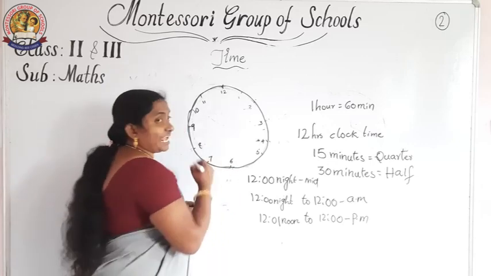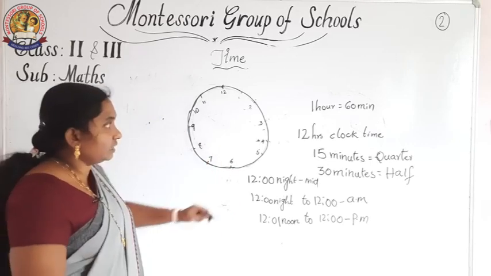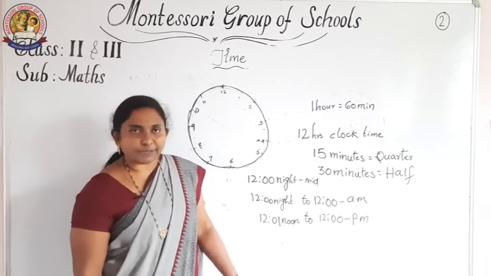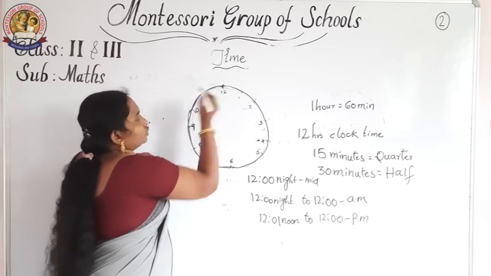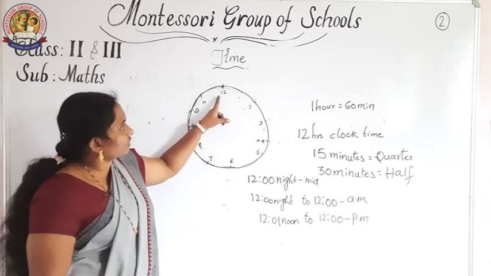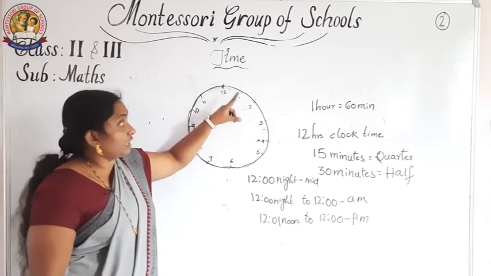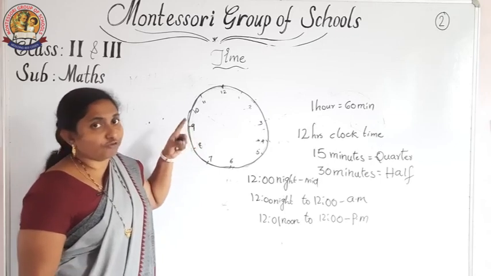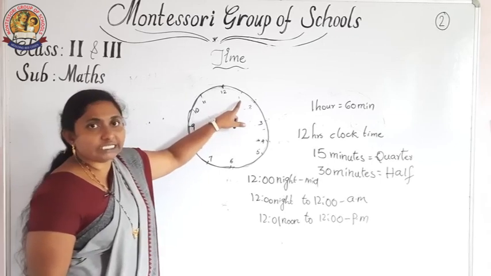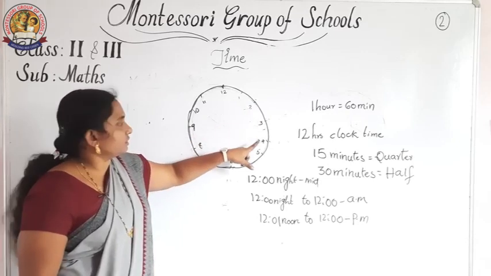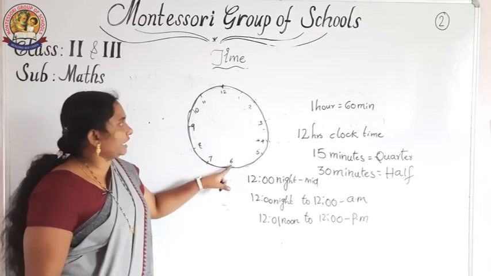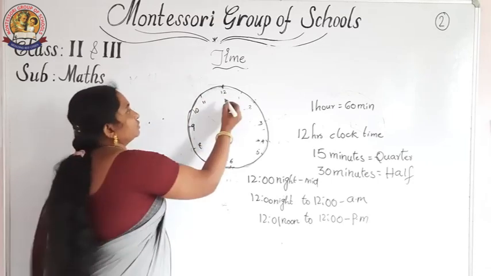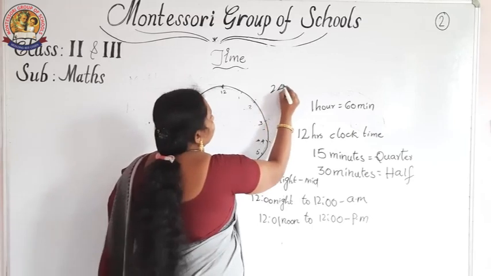That's why we observe in railway stations that they are using 24 hours clock time. How can we measure 24 hours clock time? After afternoon 12 o'clock finishes, 12:01, 12:02, then 12:30, 12:40, 12:50, 12:55, 12:59. Then after that they are considered as 13, 14, 15, 16, 17, 18. Likewise, they are using 24 hours clock time in railway stations.